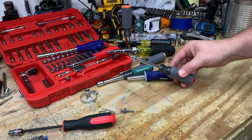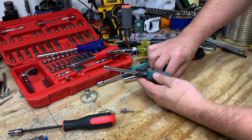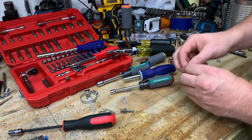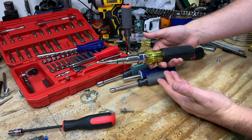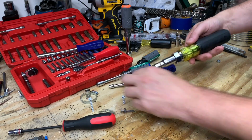So if you saw there towards the end, we were working on some small appliances. Nut drivers come in really handy when working on appliances, but we also dropped that fastener. Now, a lot of your nut drivers are not magnetic. One thing I really like about this Klein Tool 7-in-1 is that it's magnetic,